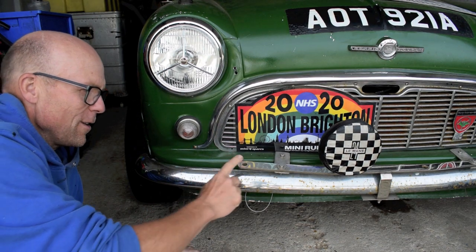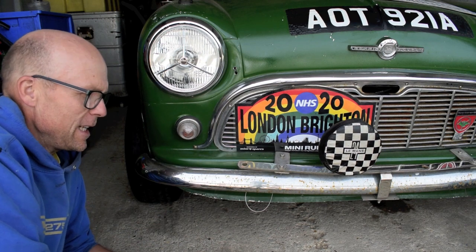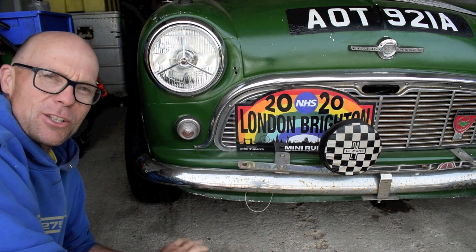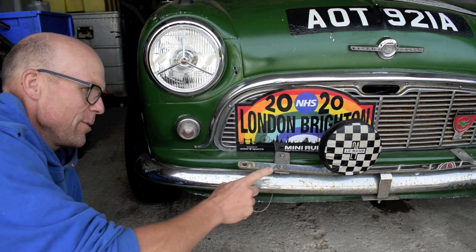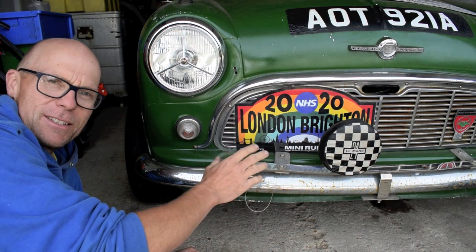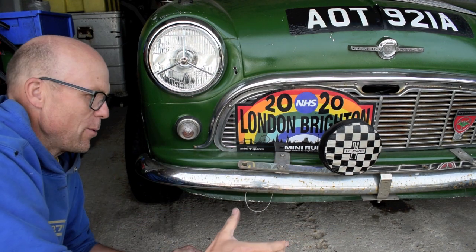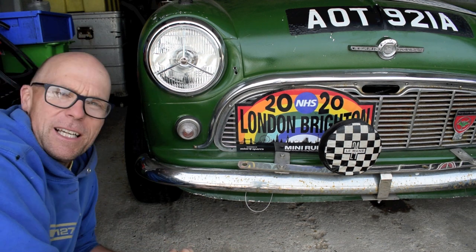So my Mark 1, I've got this light bar, which I think I'm going to stick on the Rally Mini. I'm going to take this off because I want to go for a slightly different look on this car anyway. The only issue is this is all bolted on, and when you go rallying, your light system needs to be quick release. You need to be able to unbolt it and bolt it on very, very quickly, because you